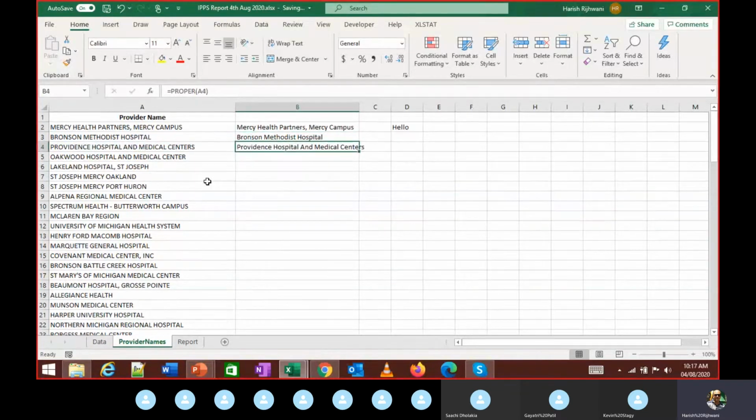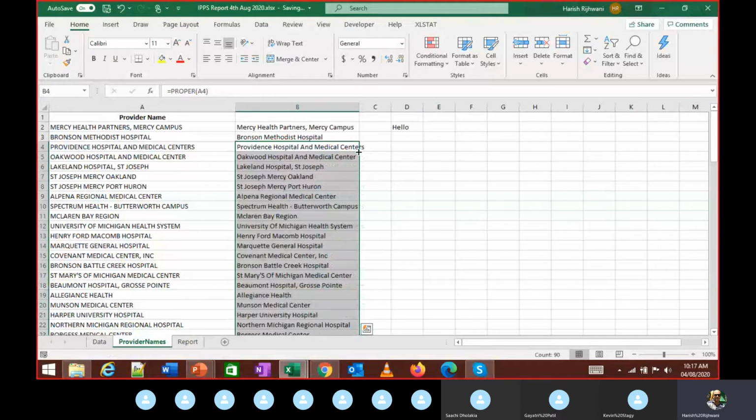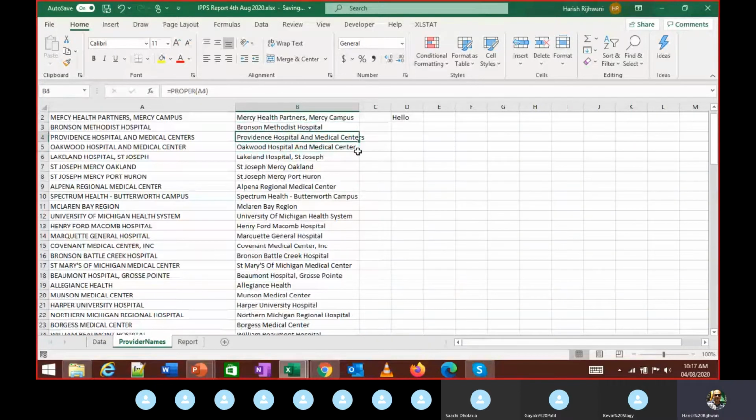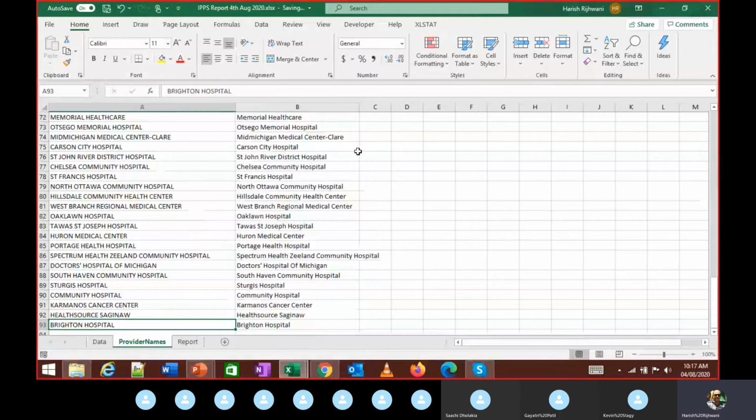So the best way is, and there are multiple ways of doing this. When I move my mouse at the corner, you notice over here, the cursor of the mouse is a plus symbol. When I move it over here, the symbol changes. It's a double-ended arrow with a plus symbol. When I move my mouse to the corner over here, it is a simple and thin plus symbol. When you see this symbol, I need to just double click this. When I double click this, what it's doing, it is repeating the formula till the end where it finds a value on the left hand side column.